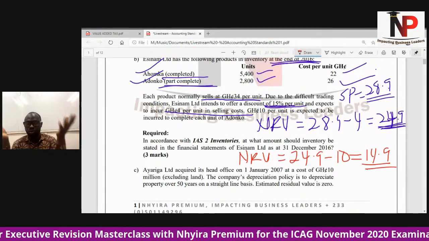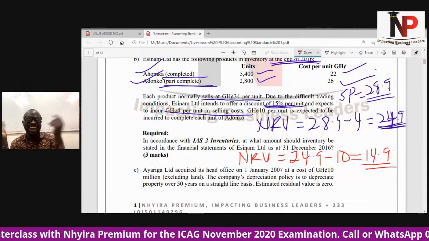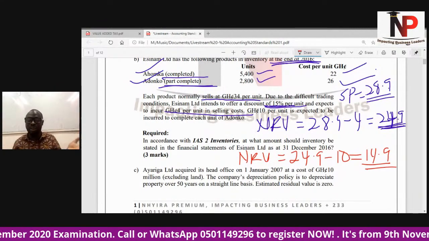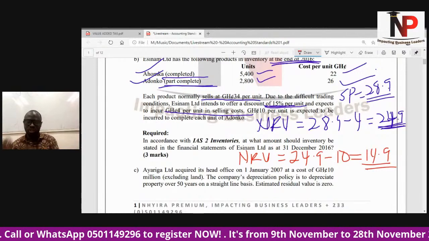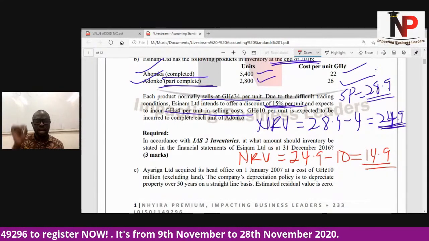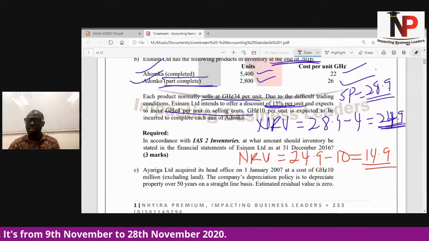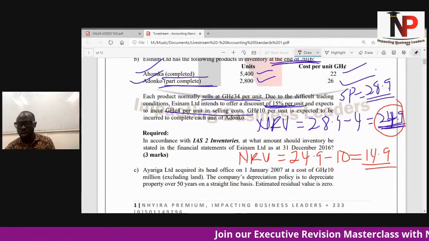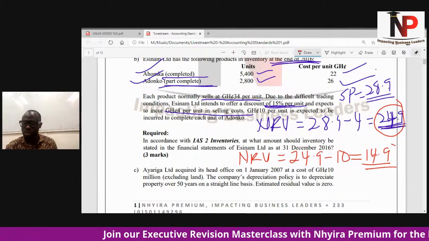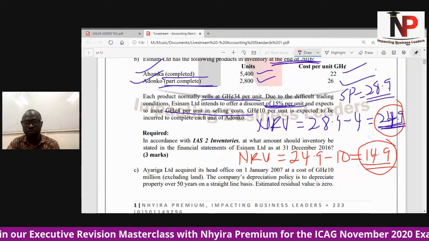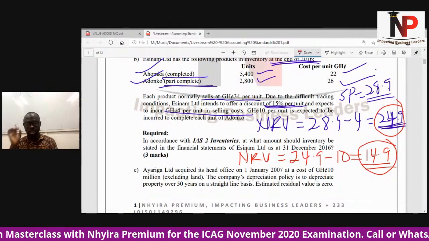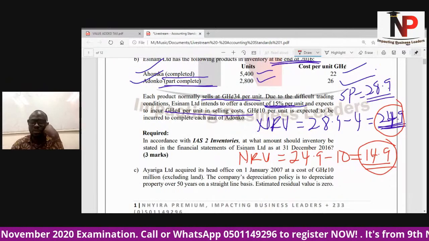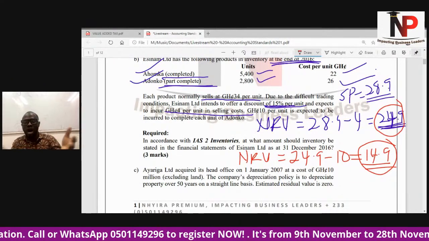Does it make sense? We are done with the working. So that is how we go about it. When it comes to Ahomka, our net realizable value per unit is 24.9. But when it comes to Adonko, our net realizable value per unit is what? 14.9. So now that we've calculated our net realizable value per unit and we know our cost per unit,